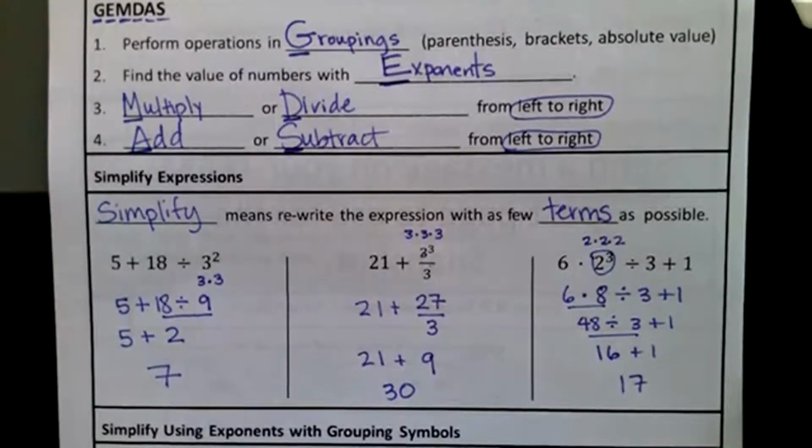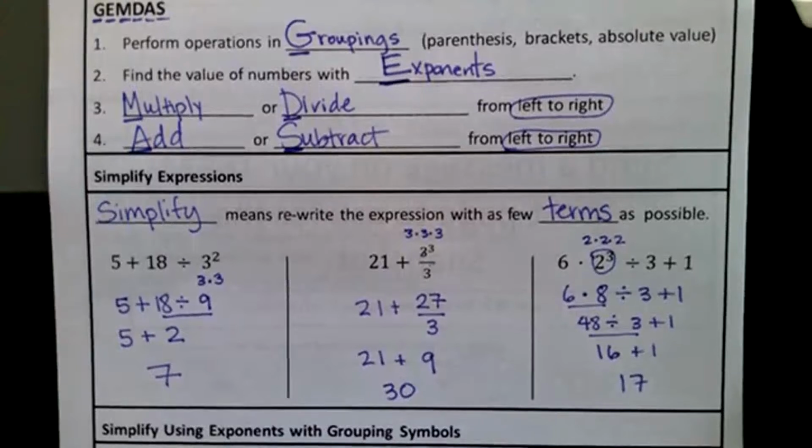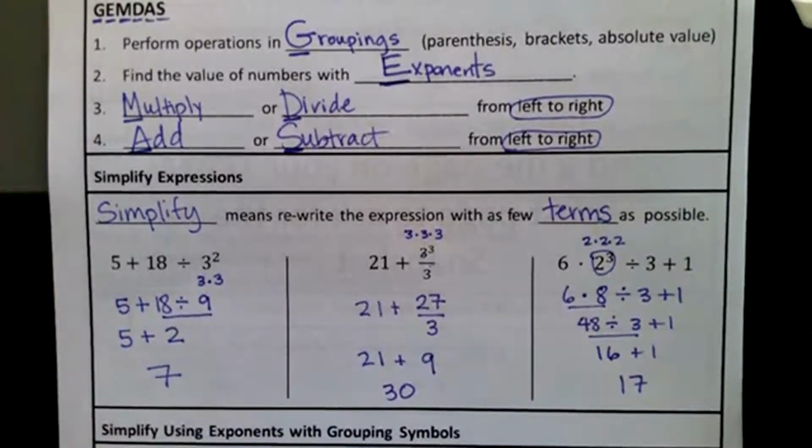If there are no groupings, move on to exponents. Evaluate your exponent first. Then if there's no exponents, you move on to multiplication and division at the same time from left to right. Then you move on to addition and subtraction from left to right. You're always adding and subtracting last, okay? So let's move on now to